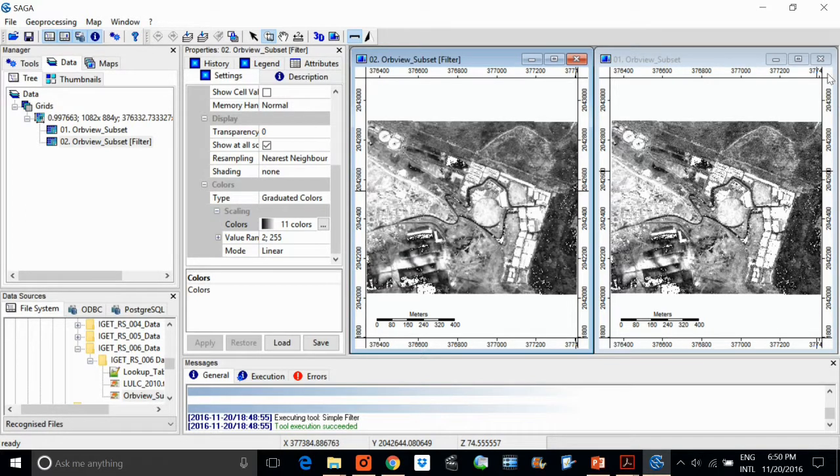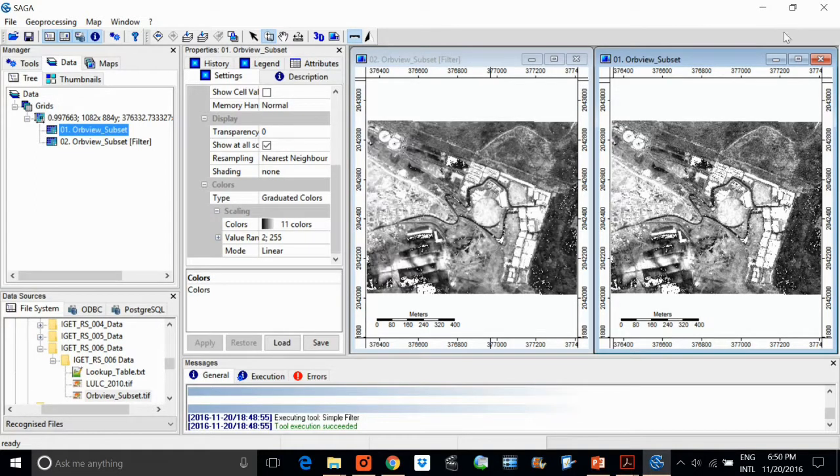How? You can just select this first map, and then you can find synchronize, where it is synchronize the map extents. By selecting this and going to this, select synchronize map extents.